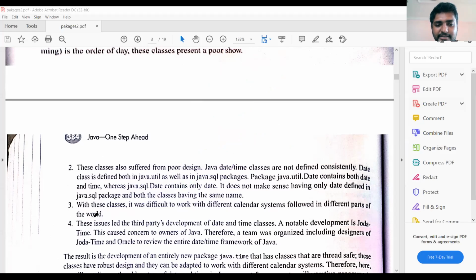The next disadvantage is different calendar systems. If you take the Indian calendar, it has some format. If you take the American calendar, it has some format. Each country follows some calendar format, that means some ISO format.